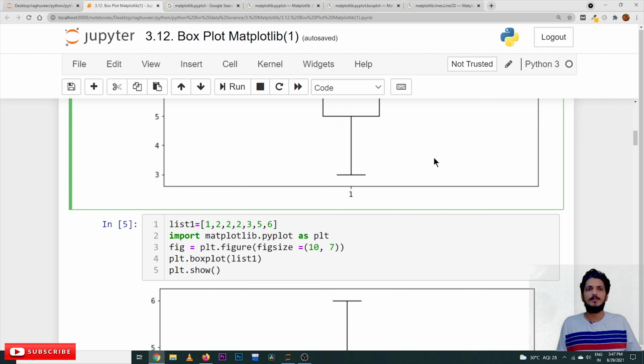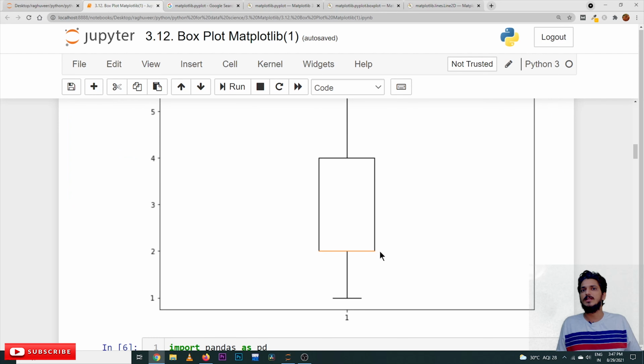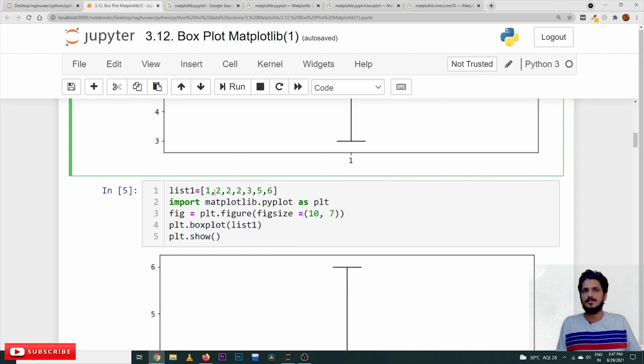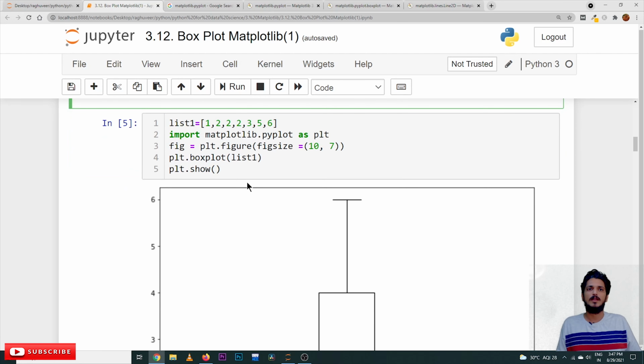Let's take one more example, the second example which we discussed previously. So this is the example. Here it's showing that the first quartile and the median value are the same. That's why the orange line is here. That's why we have considered this example 2, because of repeated values of similar numbers. Then we can get a chance of the first quartile and the third quartile being the same number, or the first quartile and the median value being the same number.